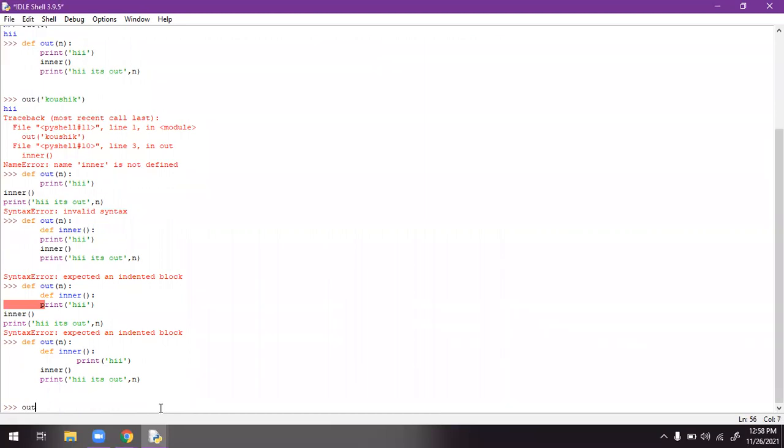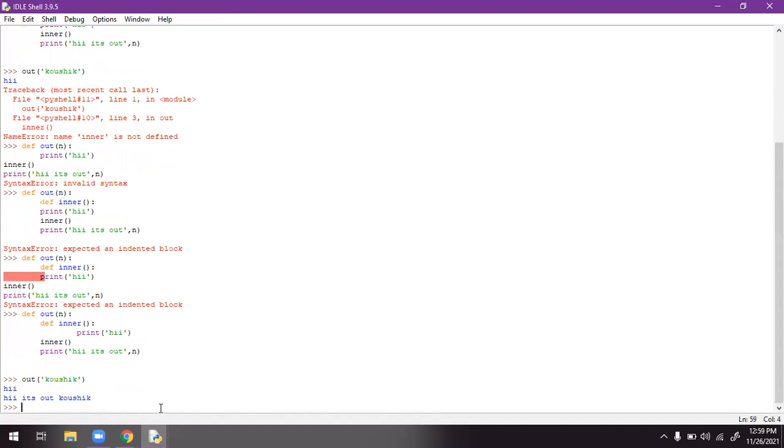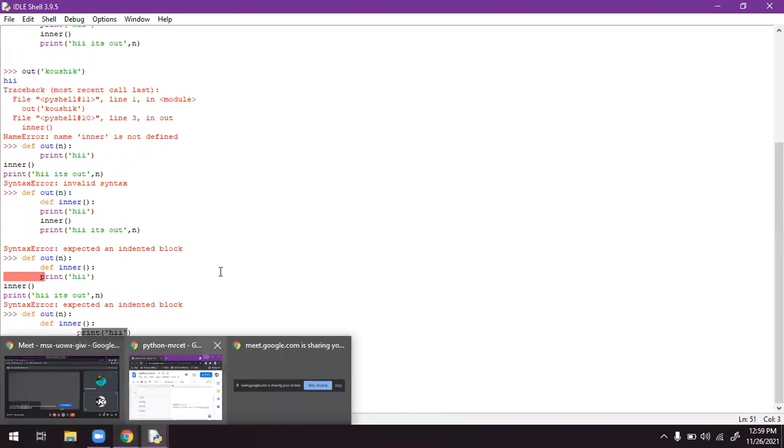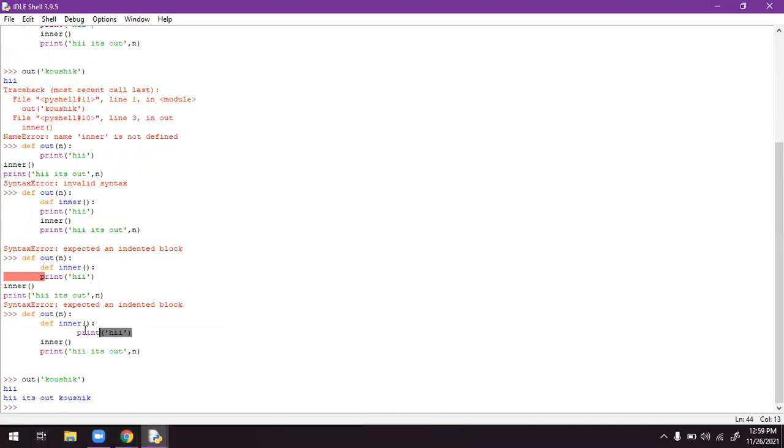Out, out. If I hit enter, what I got first is the inner function statement. Here we got only the print function, print hi, first.